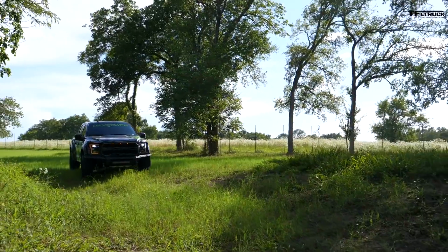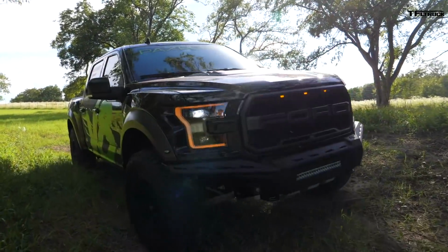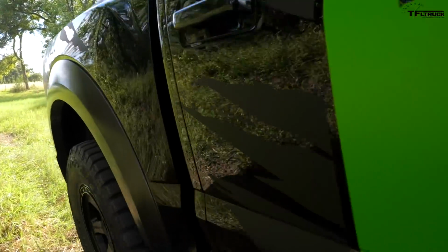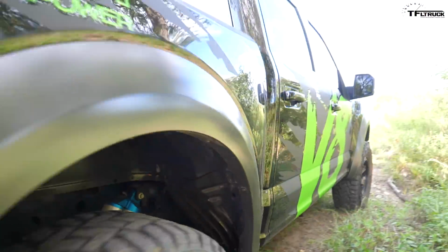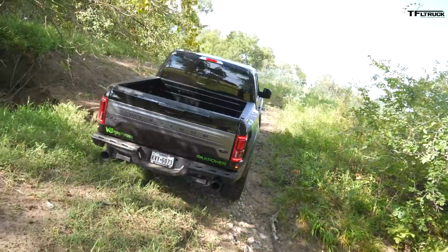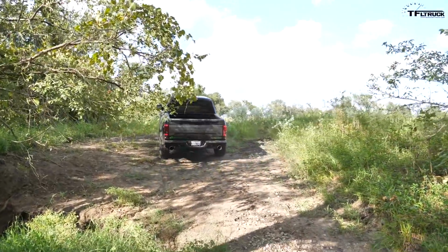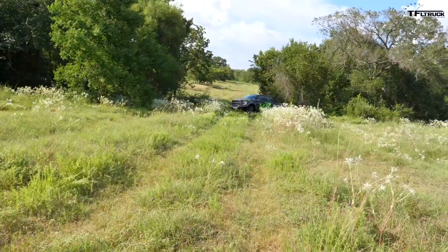Why didn't you put the V8 right directly into a standard Raptor? And that's a question we've been asked, I want to say 3 times a day since we've released this product. People are saying, I've got a Raptor, I love everything about it except the engine, please put a V8 in it. To answer that question, while that's mechanically possible, we can get it in there, the engine mounts are going to work, we can get the transmission bolted up,